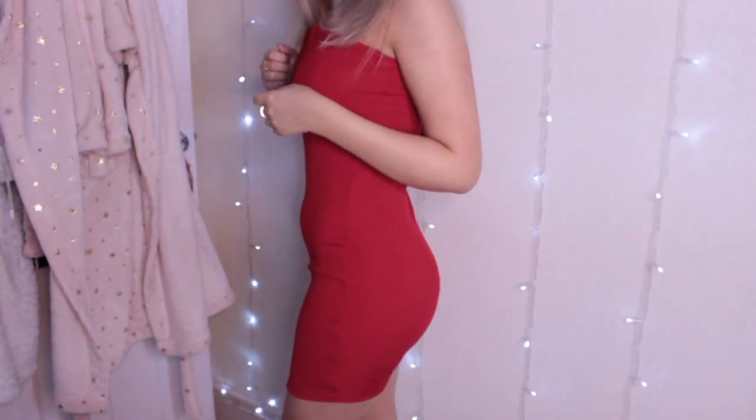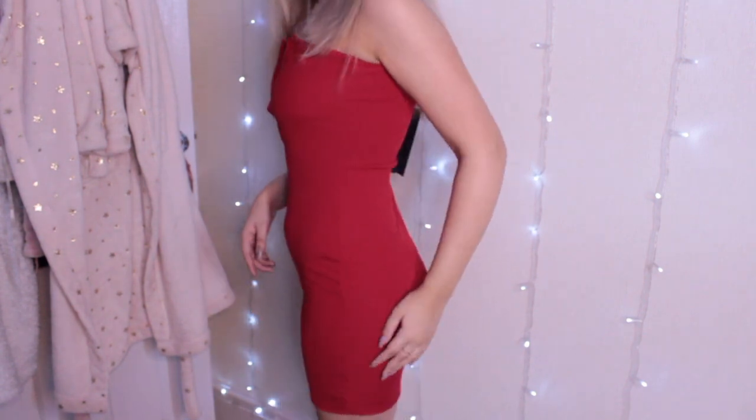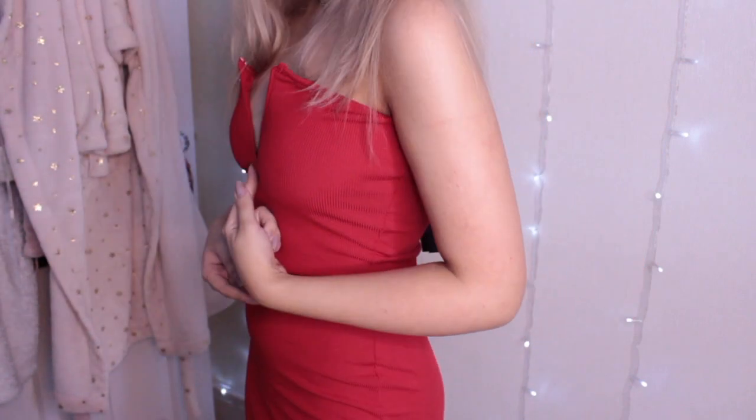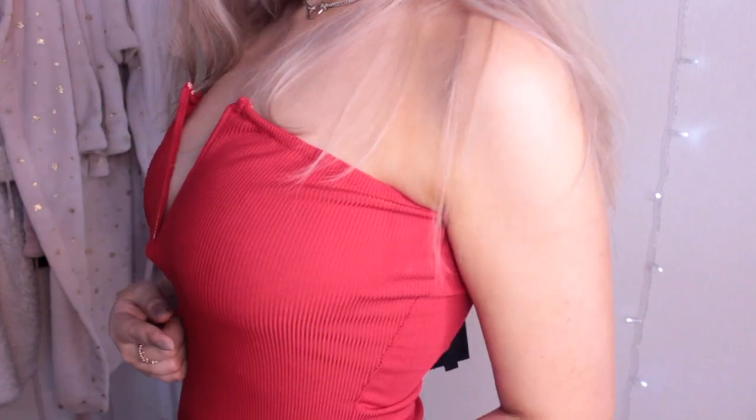I'd really like it if you could tell me in the comments, does the bar thing look weird? Does it sticking out look odd? Because I really love the dress and it looks really nice, but at the same time the bar is so annoying. I don't even see what I mean, the thing just goes out. I want it to lay flat, but it's just...